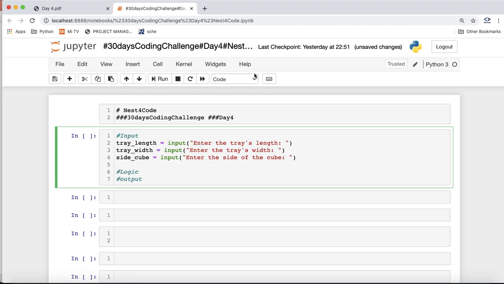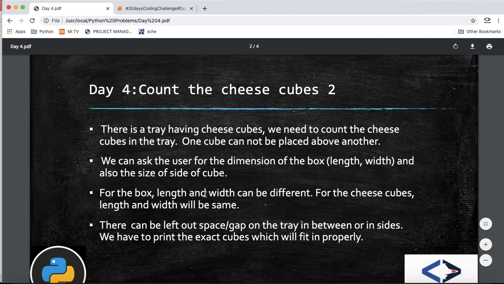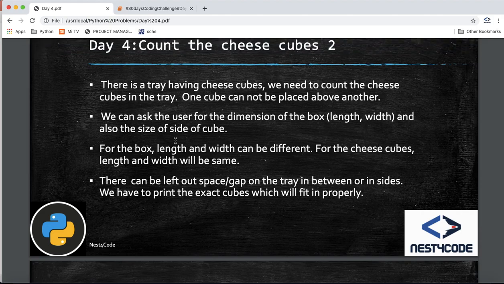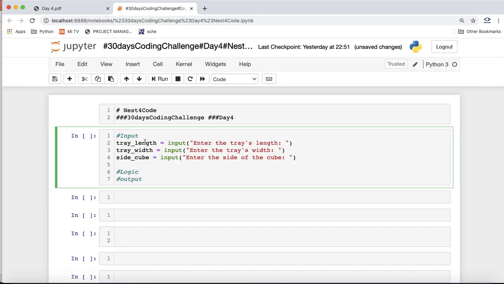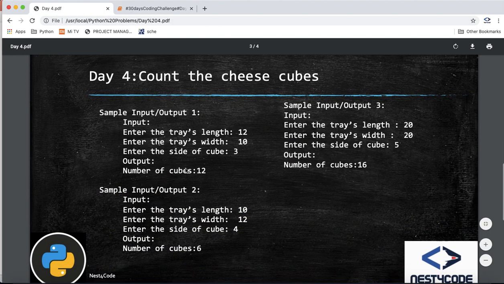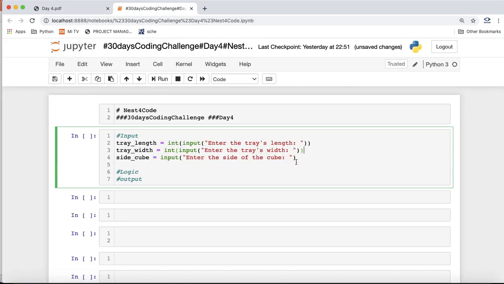What will be the format of these values? There is nothing mentioned, so for now we can consider them to be in integer form. So let's go with int here, because all these test cases mainly deal with values in integer form. In Python all the inputs are in string form, so we have to convert them to int.